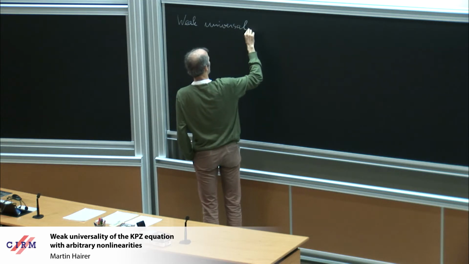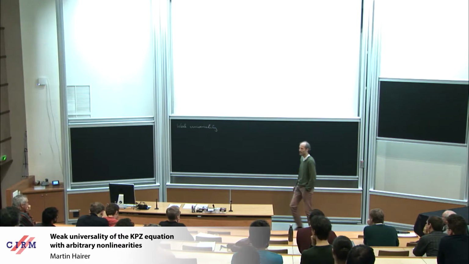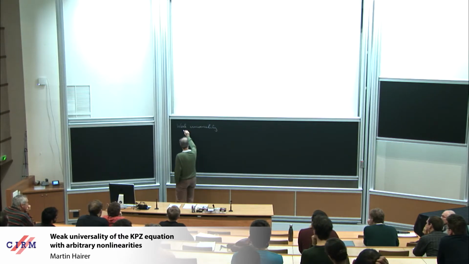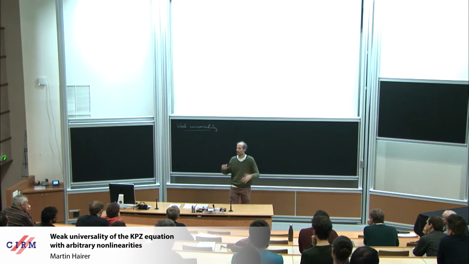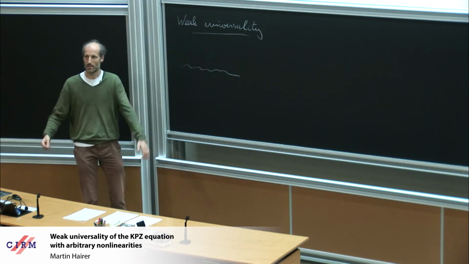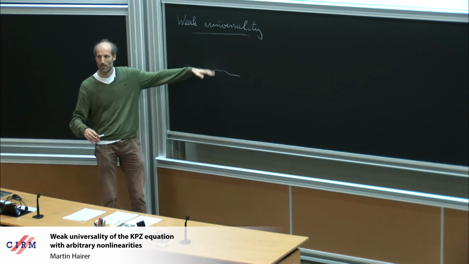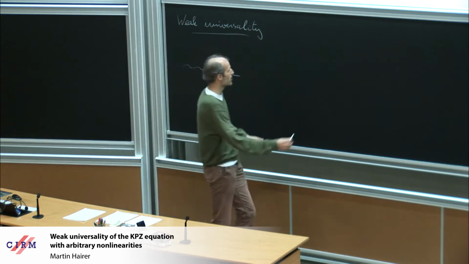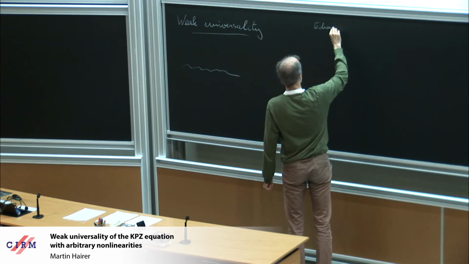So let me just remind you, maybe for some of the members of the audience who are not so much part of this business, or maybe some of the younger members of the audience. So essentially, there are two natural universality classes for interface fluctuation models. Okay, so you look at any kind of situation where you have a one-dimensional interface that somehow separates two phases, and you're interested in studying the fluctuations of that interface. And the two universality classes are first the Edwards-Wilkinson